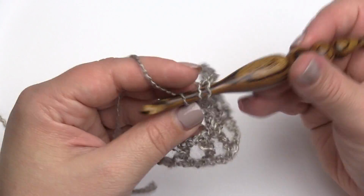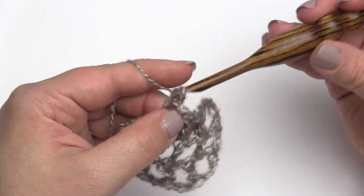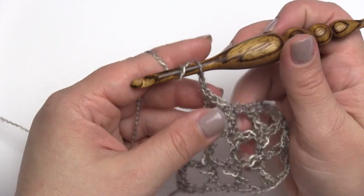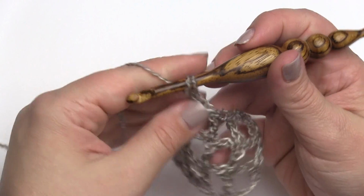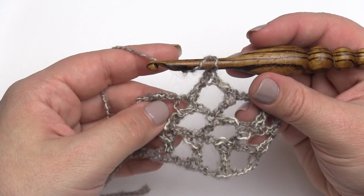And how do you know when you've reached the end? Well, for this pattern, it's when you're running out of yarn. When you don't have enough yarn left to make a whole other row, that's when you know you've reached the end. But as for this row itself,